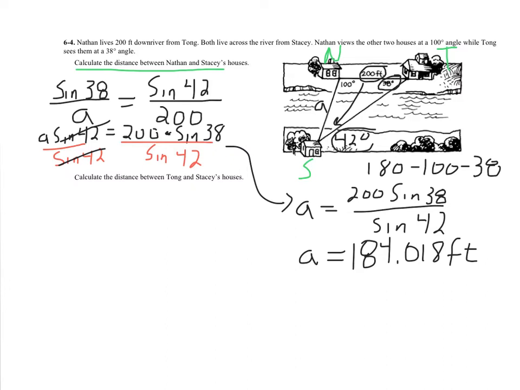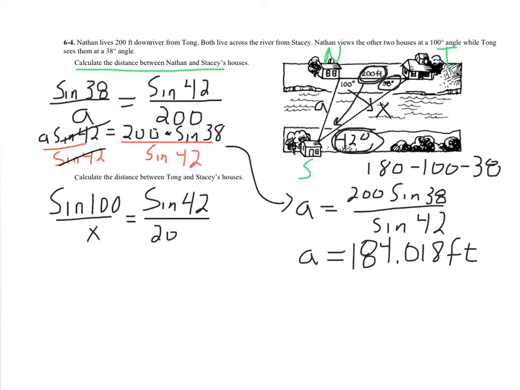Well, Tong's side, let's call that side O. O is a bad letter to use. Let's just call it X. 100 is the angle opposite that. So I'm going to set up one ratio as the sine of 100 over X has to equal another ratio, which is any given side and given angle. Well, let's again use that 200 feet and the 42 degrees. So the sine of 42